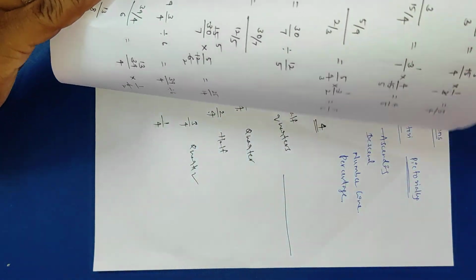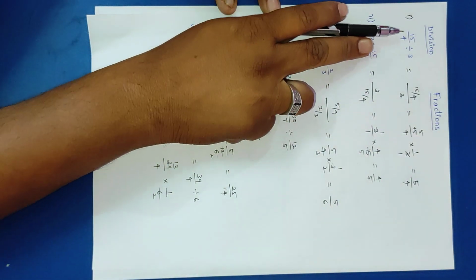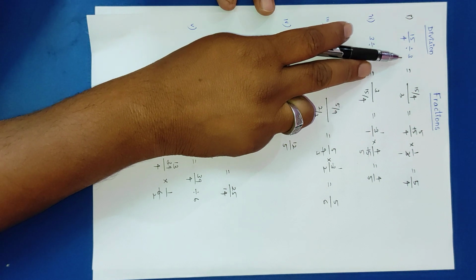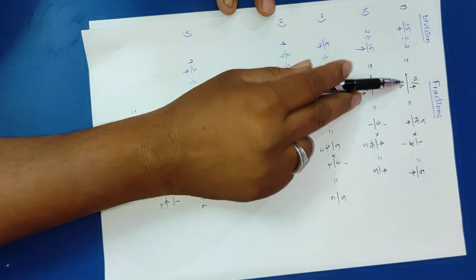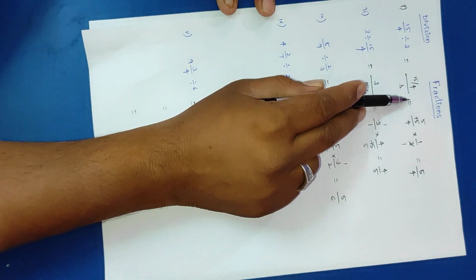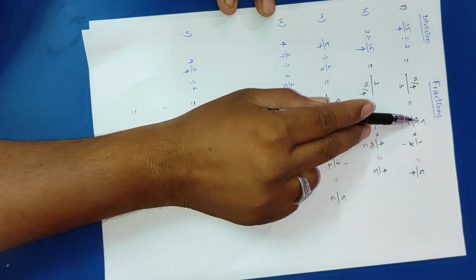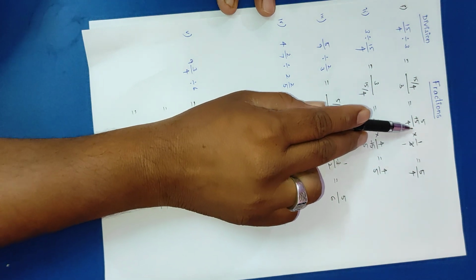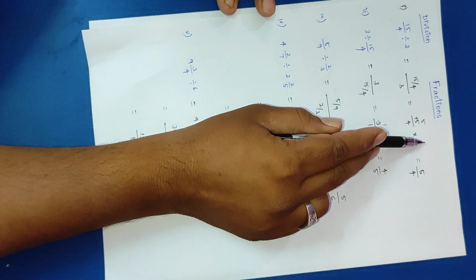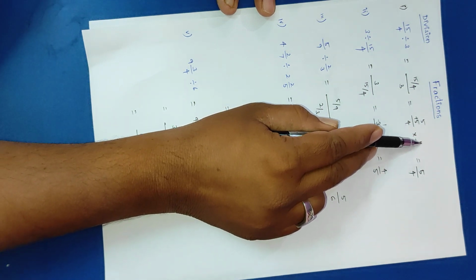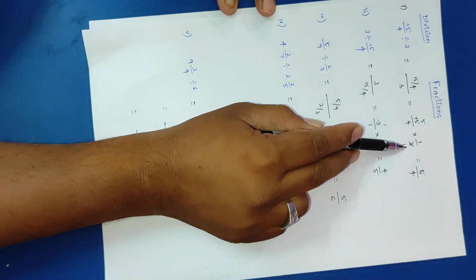Next, division. Fractions division. One is a fraction and another one is a number. 15 by 4 numerator, 3 denominator. In a whole fraction, if in the numerator place there is a fraction, simply copy it as it is, 15 by 4. Then the factor of any number is 1, so 1 by 3. 15 by 4 into 1 by 3. 3 1s are 3, 3 5s are 15. 5 1s are 5, 4 1s are 4.